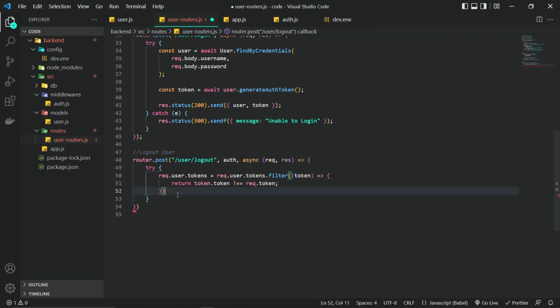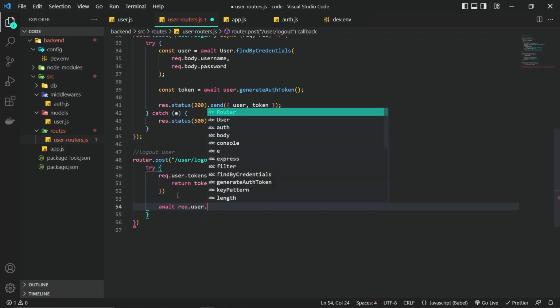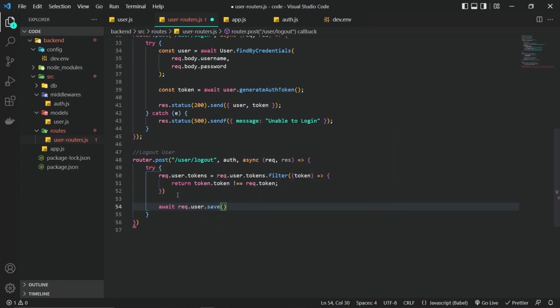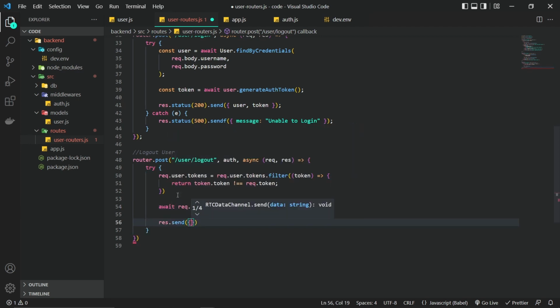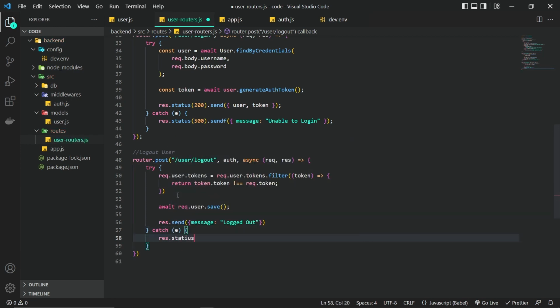After that's done, we will await request.user.save, and if all that's good, we'll just send a message saying that the user has been logged out. Now if the try block fails, we'll add a catch block